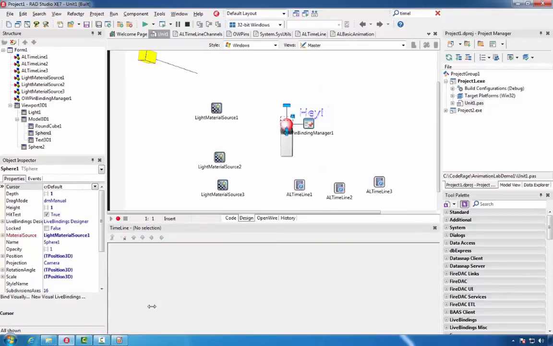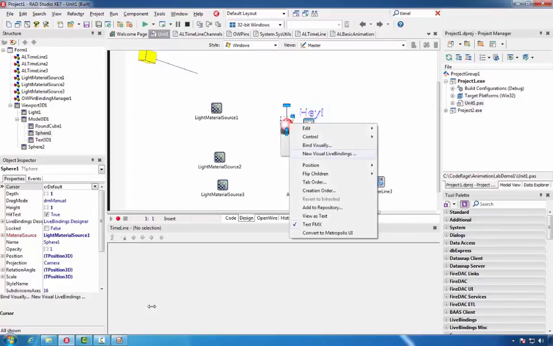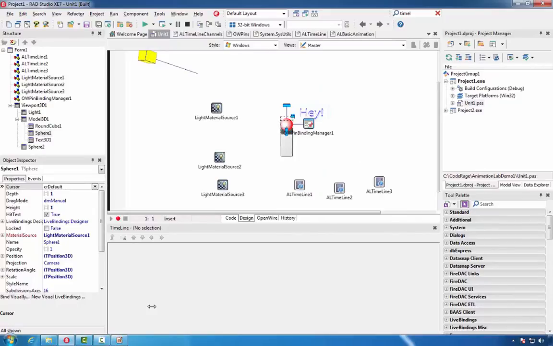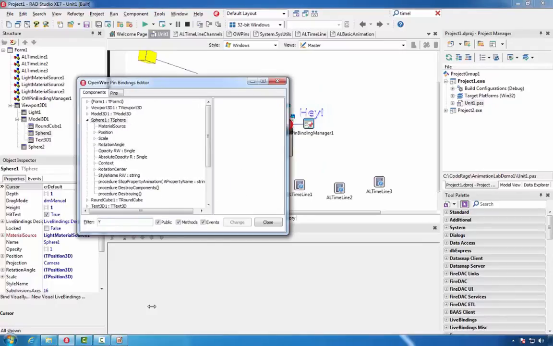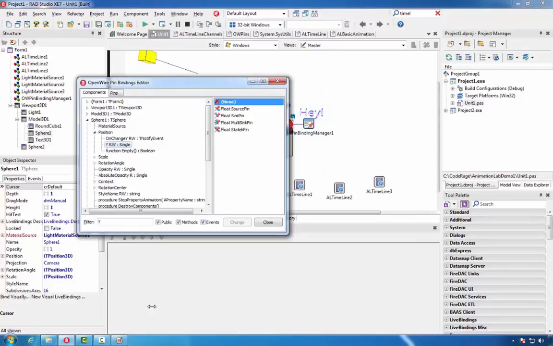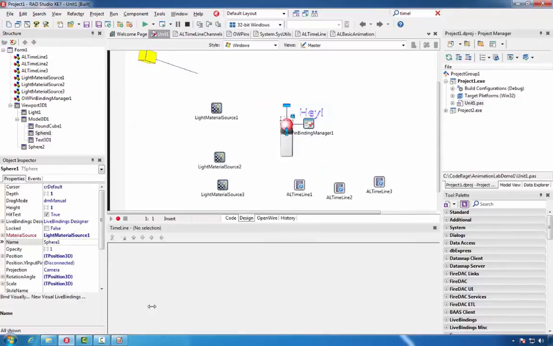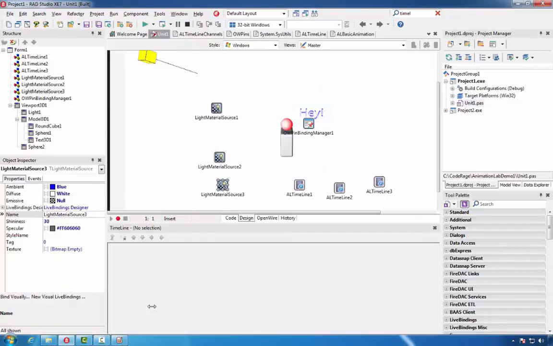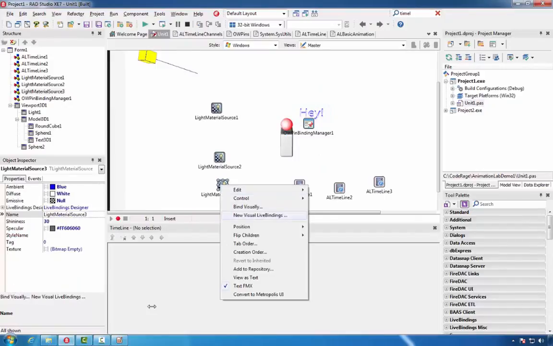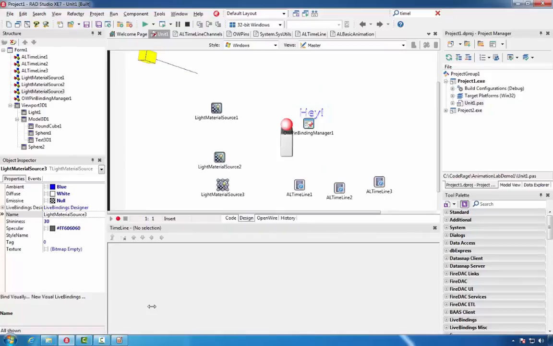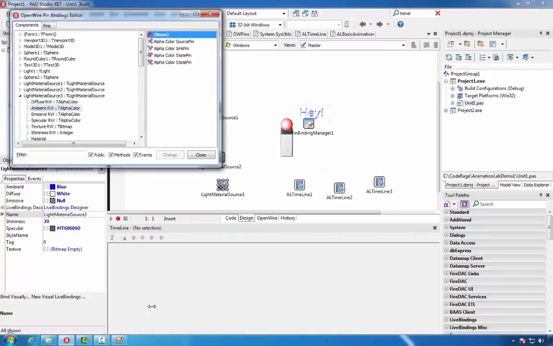We will select the sphere, add new visual live binding for it, the Y position. We'll select the light material 3, add visual live binding for its ambient color.